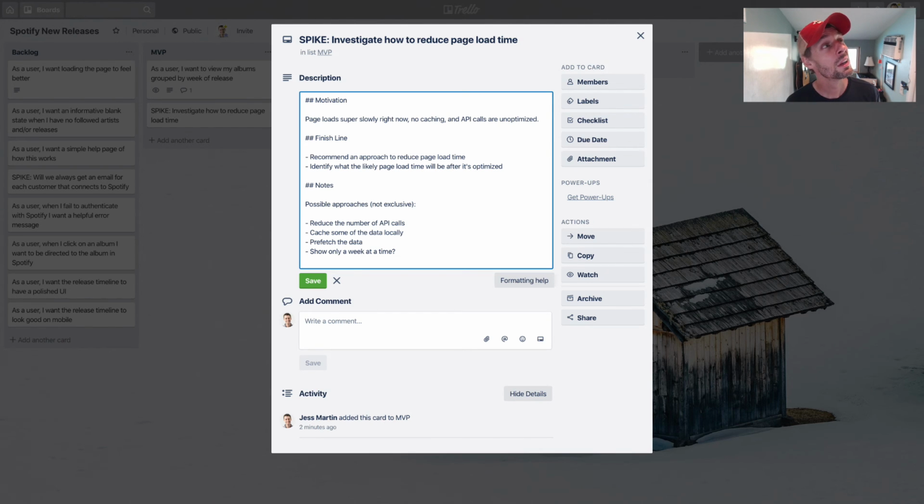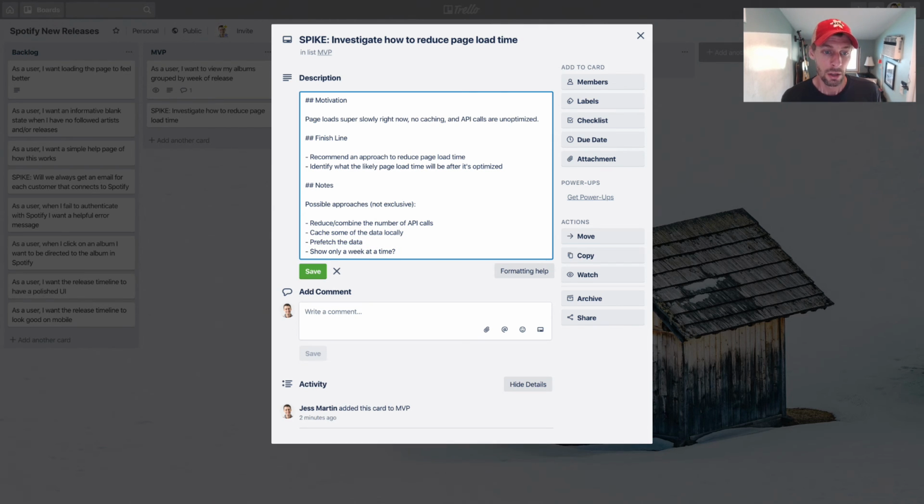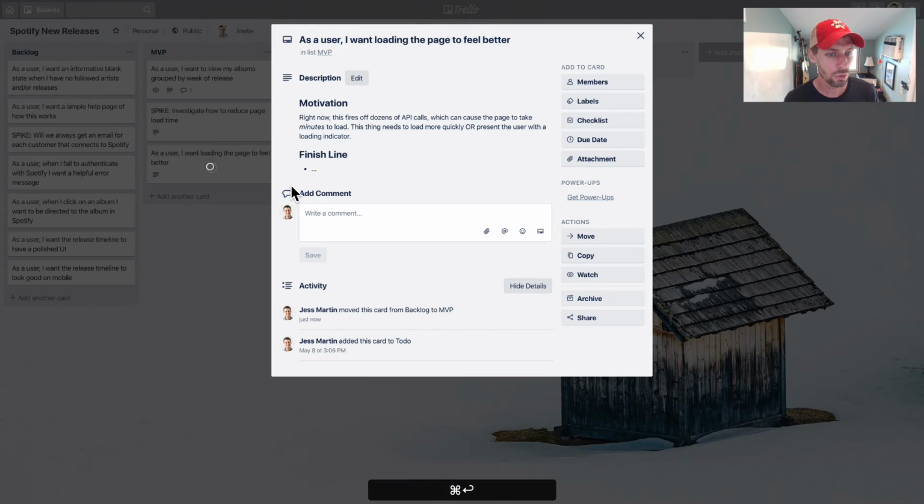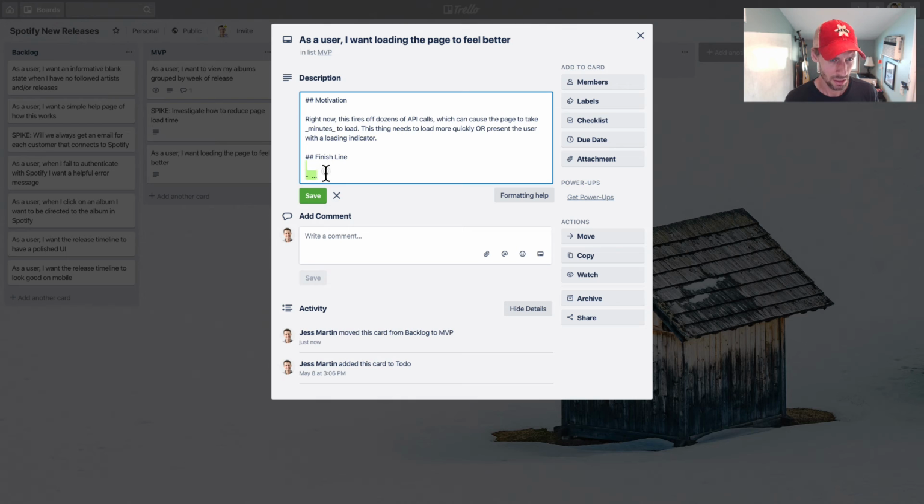What else would there be? Probably it. Reduce or combine the number of API calls, cache some of the data, prefetch some data. Yeah, no, that's good. All right, so I'll have to do that first. That, and then this one will actually be, what I was going to say here is dependent on